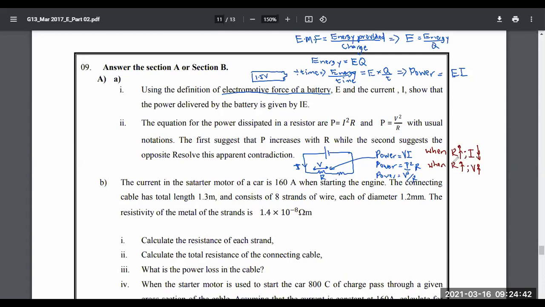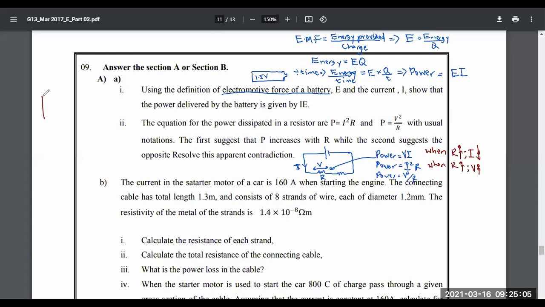All right, people. So what happens is power now. Now, what should I explain to you? Resolve this apparent contradiction. So we have to say it doesn't work that way. Let me explain. How do we explain it qualitatively? I can explain that with a small example.